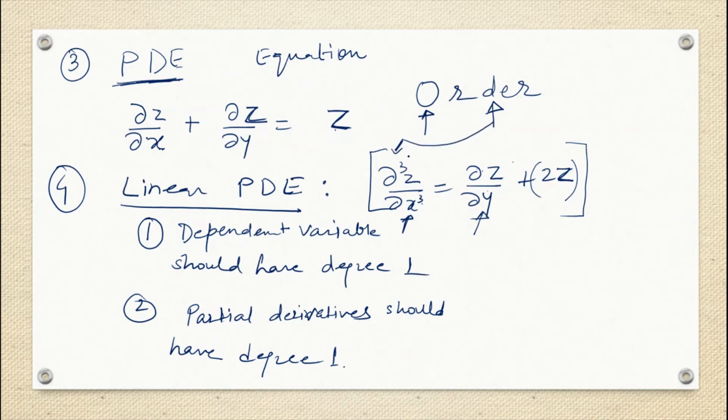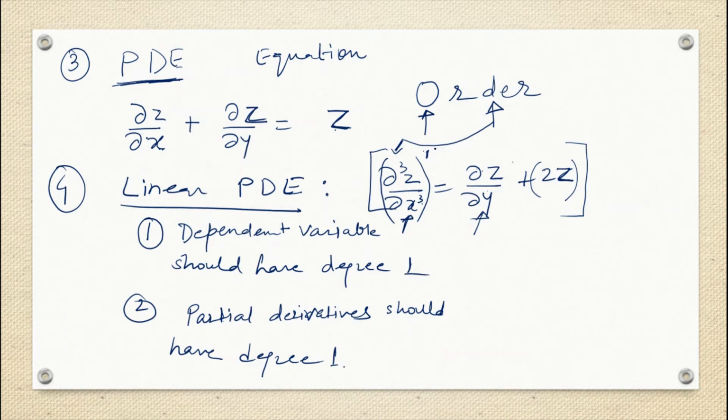So what is the power of this highest derivative term? The power of the highest derivative is what? This is 1 only. What is the power? So if you write it down, this has power 1 only. If suppose it was having power 2, then it was having degree 2, correct?